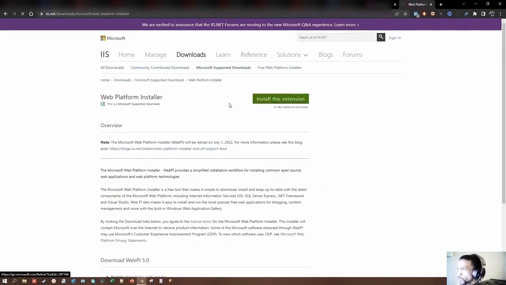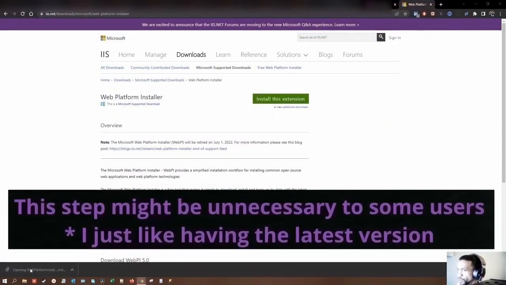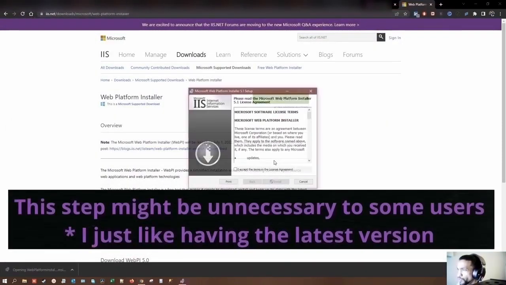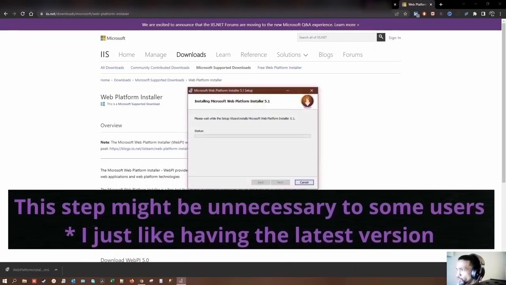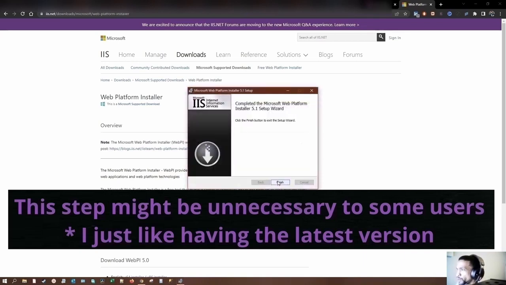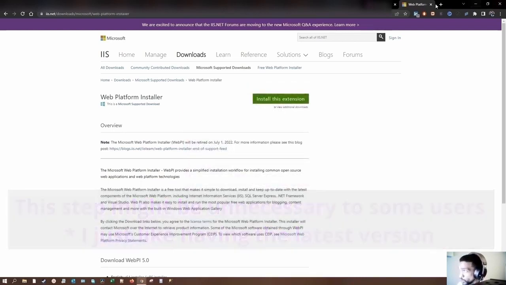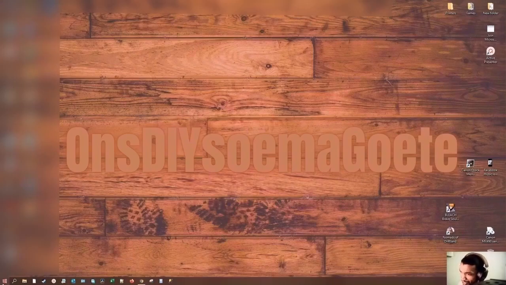Install this extension. Okay, downloads that. Just run that file. Accept, install. Finish. Okay, so now that that is installed, whatever that is, as I don't know,